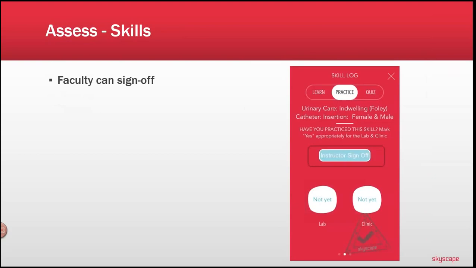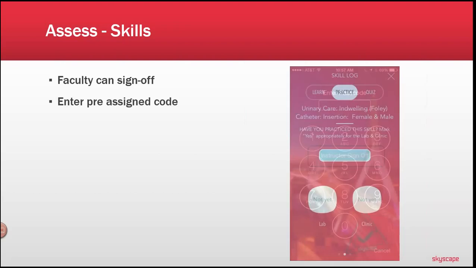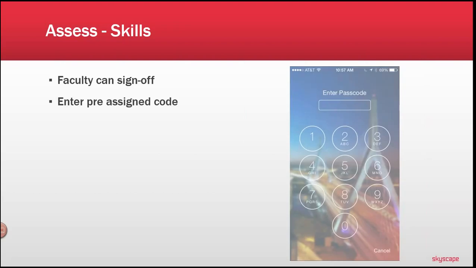When we look at other components of assessment of the skills, faculty have the ability to sign off. So not only is the student going to be self-tracking, but if there are particular skills that you want to have more control over, the instructor, in fact, can sign off on each of those components. So an instructor, whether it be a full-time faculty or an adjunct faculty, can say, yep, I observed this. And of course this is a piece that is going to be secured, so students don't have the ability to go into it, so instructors would administer a pre-assigned code.